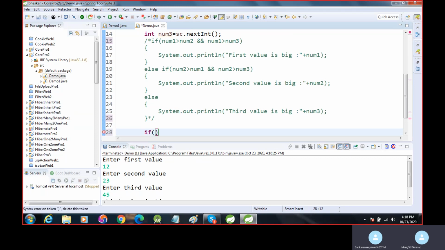we use nested if. Num1 is greater than num2.